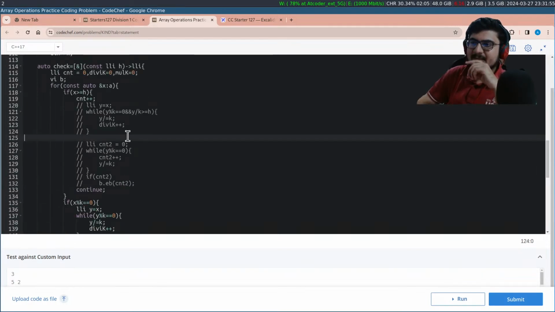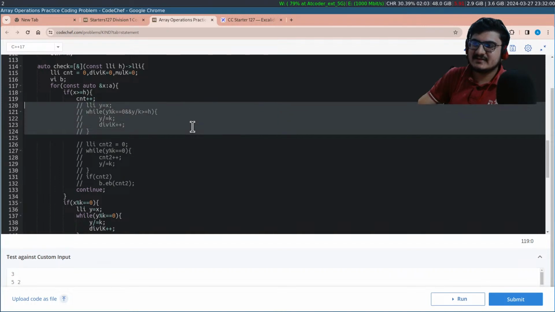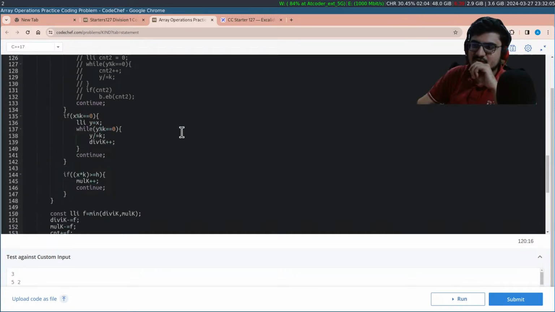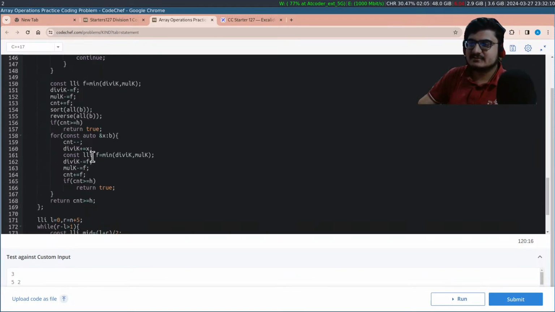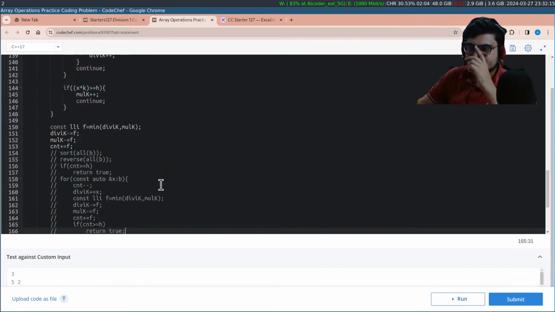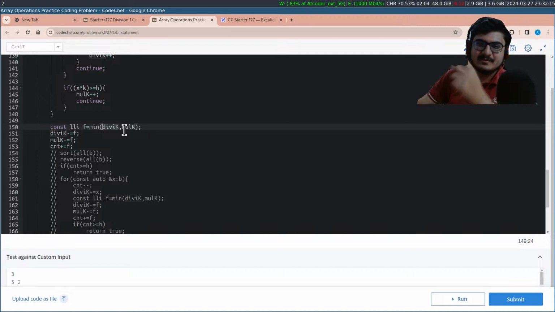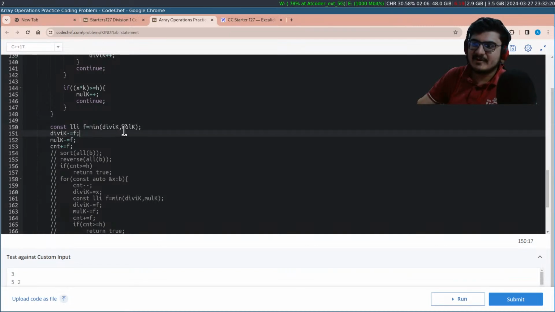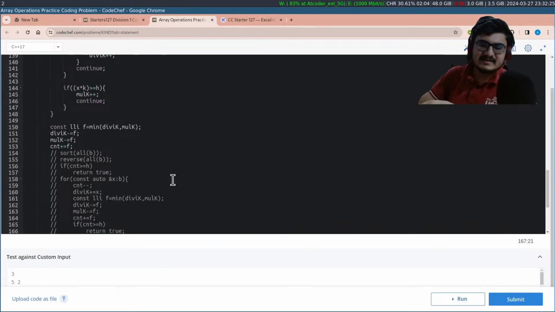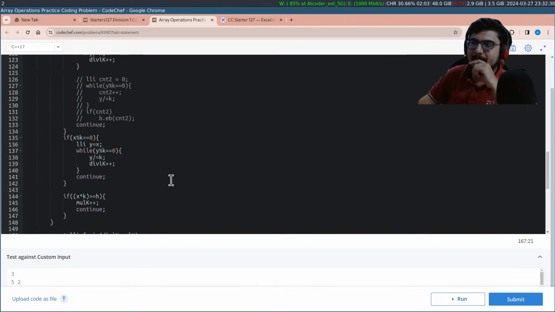And one more thing which I did was, for numbers greater than h, how many extra times I can divide so that the number still remains greater than h. And this idea looks fine so far. And at last, I take the minimum of how many divisions I can make and how many multiplications I can make, and I add that to the count, and I see if the count is greater than h. This was the last idea before I tried to think of also dividing the numbers which are greater than k.